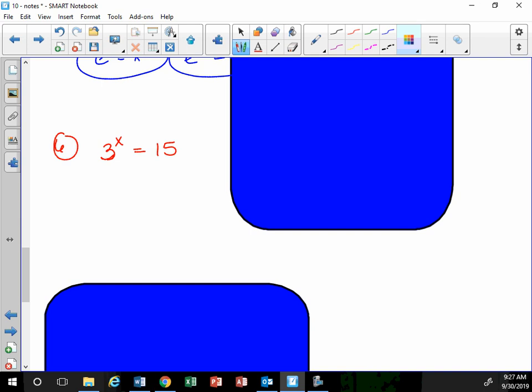All right, guys, so 3 to the x equals 15. Can I make the bases match? No, I cannot. So I can't use the strategy we were using a couple standards ago. I have to do something else. So there's a few approaches. If you recognize it as, I can just rewrite this as a log, go for it. If not, let me walk you through